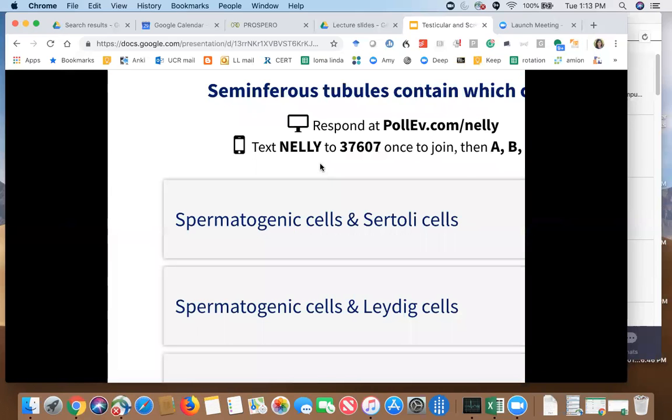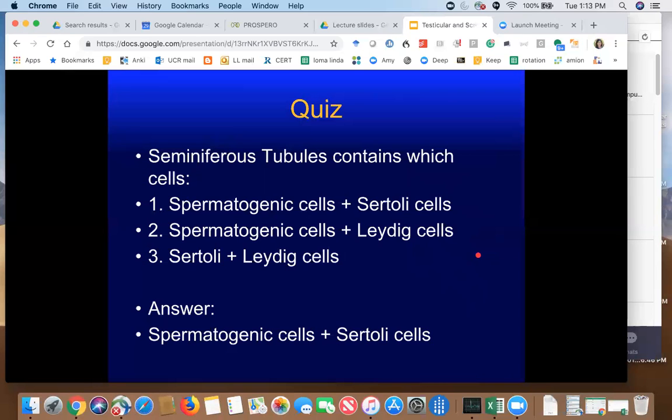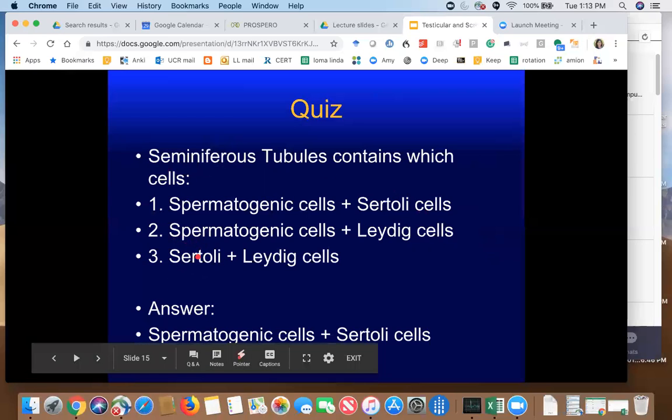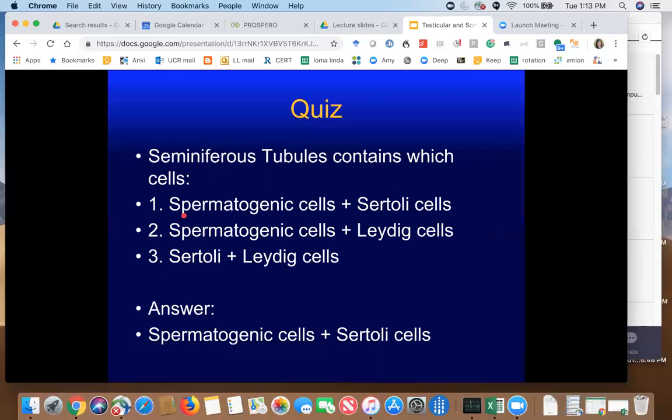So the seminiferous tubules contain which, with my current view, I can't see all the answer choices, but the answers are on the next slides. So seminiferous tubules contain which cells? So it has the Sertoli cells, which are the support cells, the scaffold cells, and then it also has the spermatogenic cells. So the answer is A. I think most of you